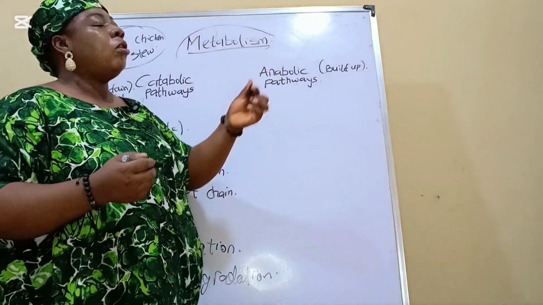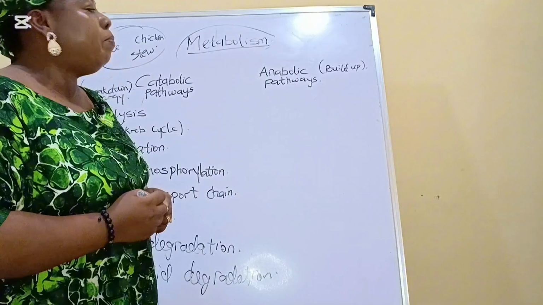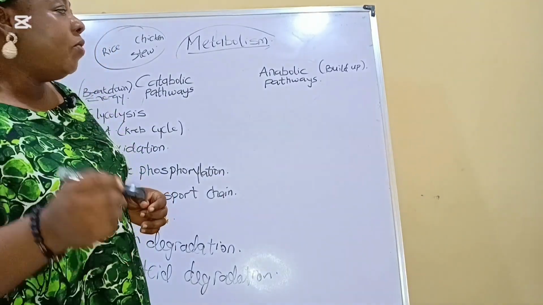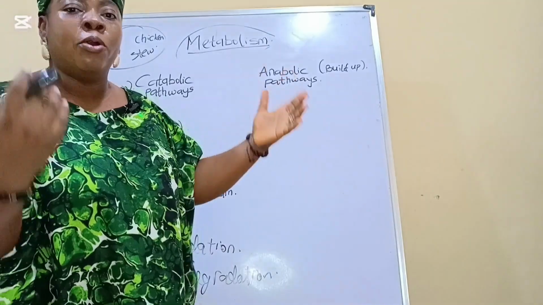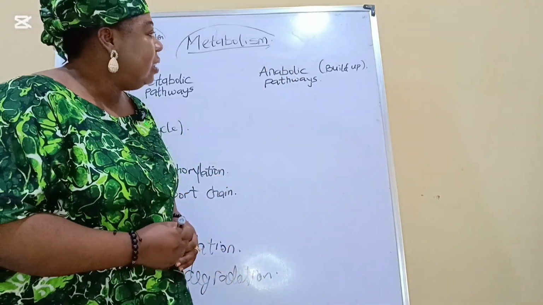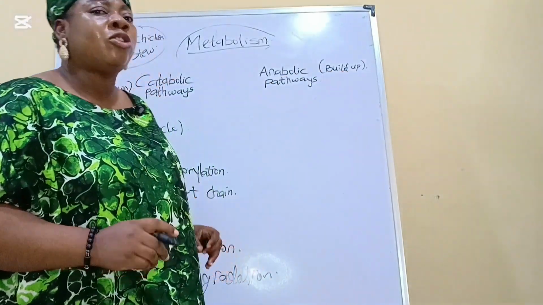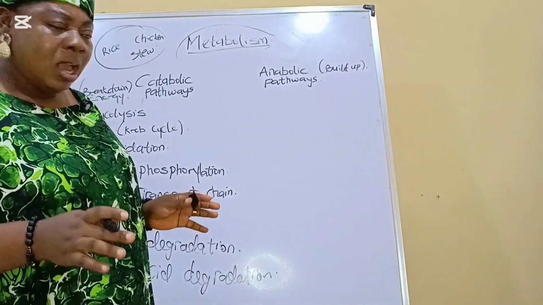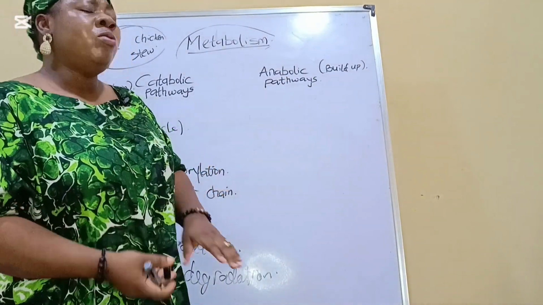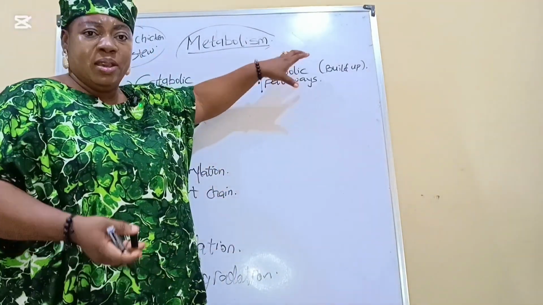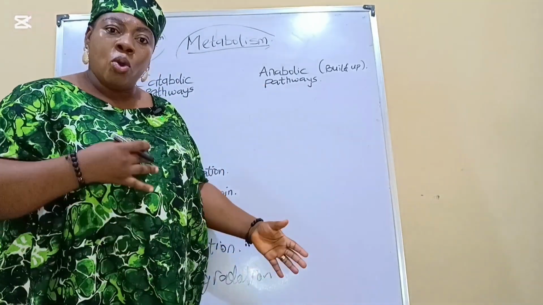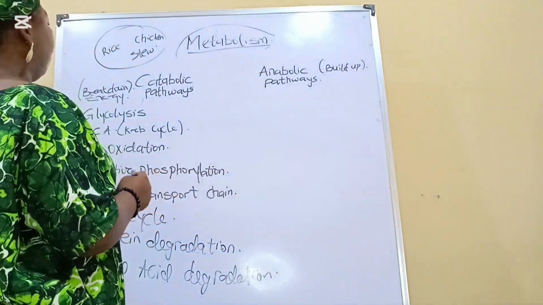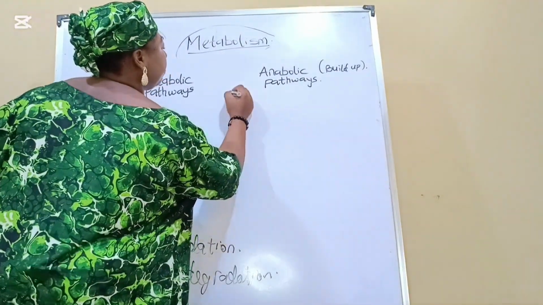Now, let's move on to the anabolic pathways, which involve build up to get new products, and through this process it consumes energy. Even if it produces energy in the pathway, it stores the energy that it produces. So now let's take them one by one also. One, we have